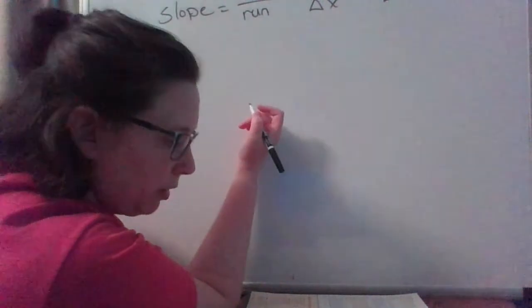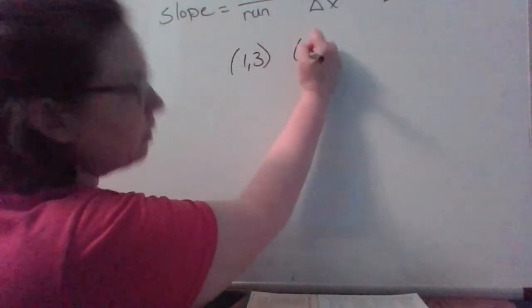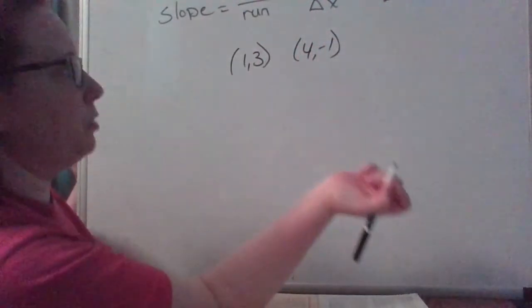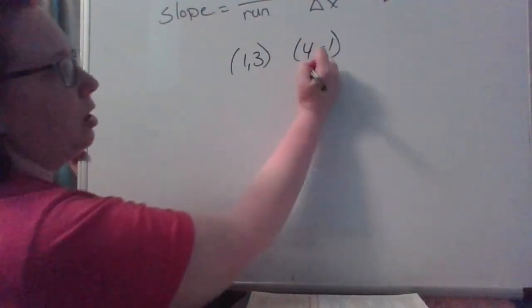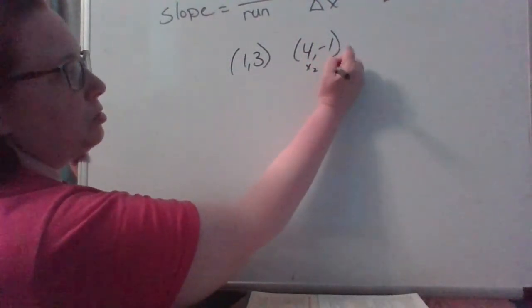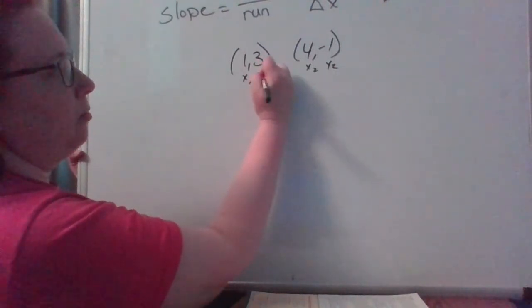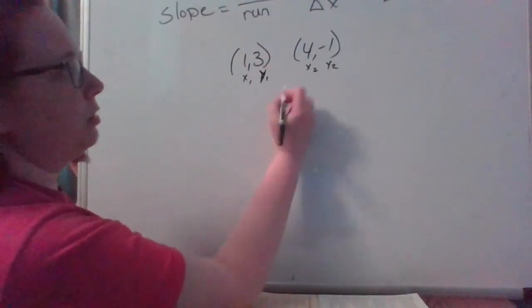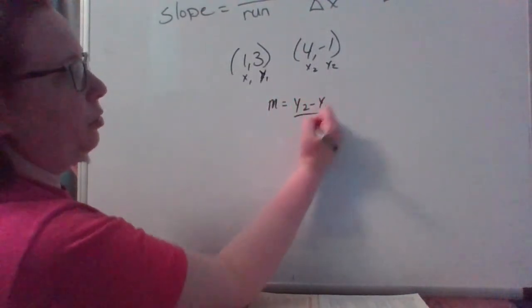Okay, got it 3. We have, again, two ordered pairs. We can decide which one are going to be our 1's and which are going to be our 2's. I'm going to make these my 2's, and I'm going to go ahead and write that right underneath. Write my 1's underneath this one. And then I'm going to write out my slope equation,